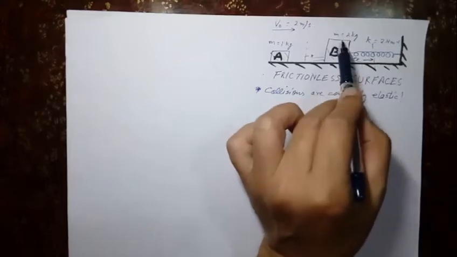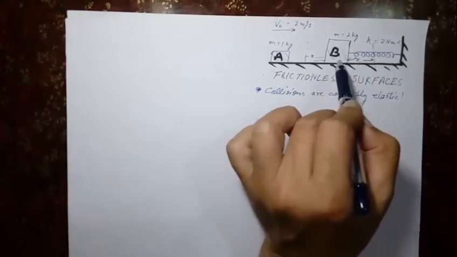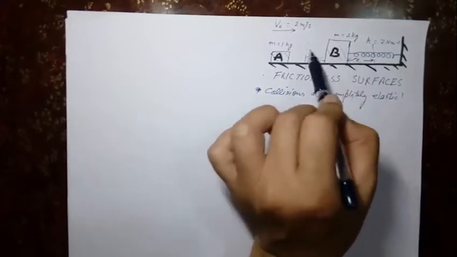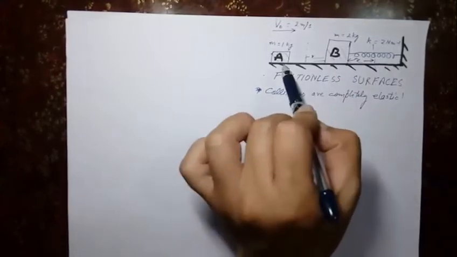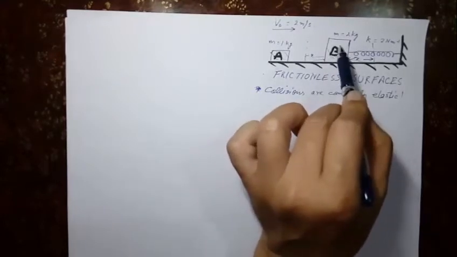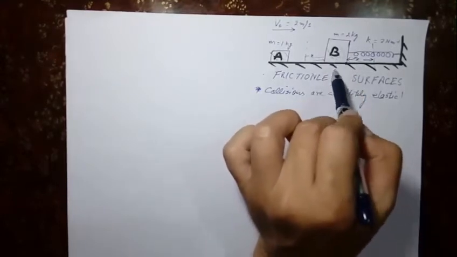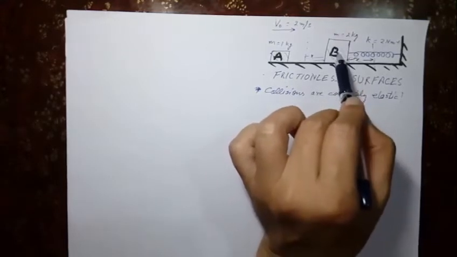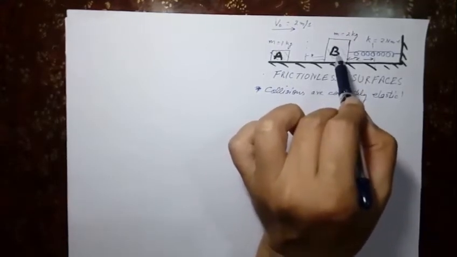And this will be the mean position of the simple harmonic motion of this harmonic oscillator spring mass system. There is no friction. So you can easily calculate the time period, and once we have the time period,